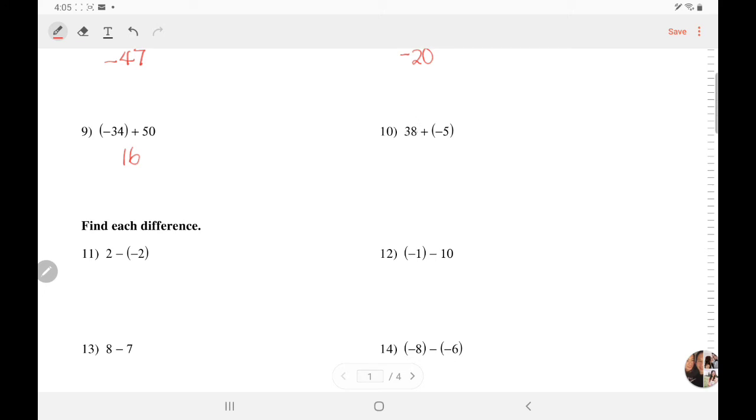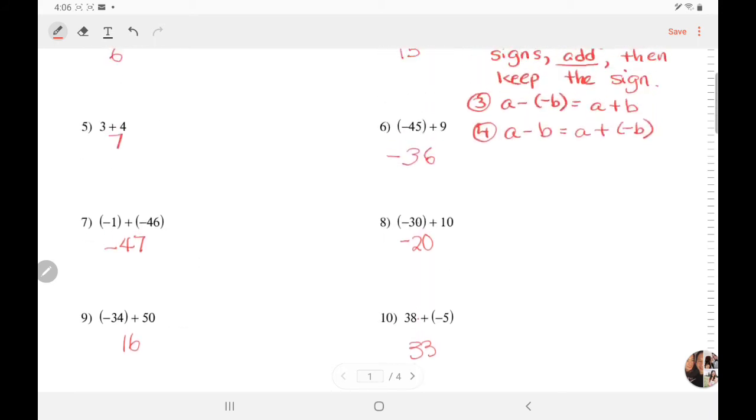In number 10, we use rule number 1 again. The opposite signs, so we subtract. 38 minus 5 is 33. And take the sign of the stronger. 38 is stronger and it's positive. So it's positive. In number 11, we use rule number 3, where you see minus a negative is the same